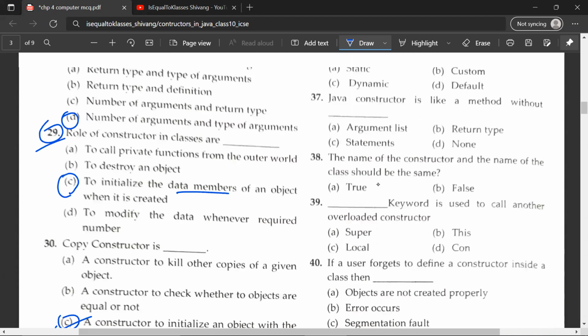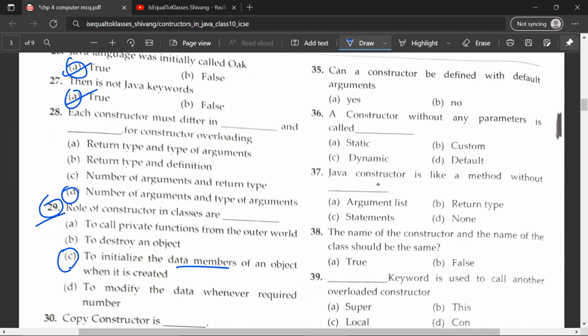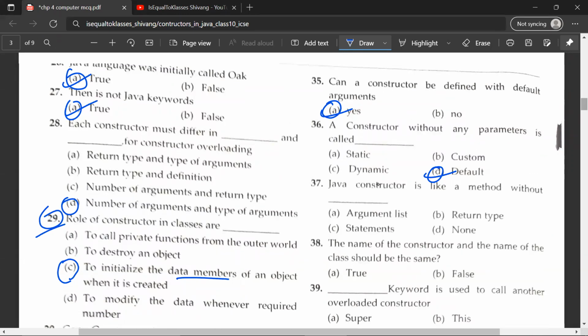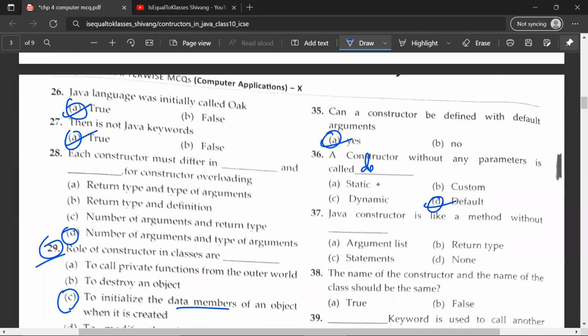Okay, so let's move on to the 35th question. Can a constructor be defined with default arguments? That would be true. Yes, it can be. A constructor without any parameters is called D, default constructor. If you haven't declared a parameter, the compiler would do it for you automatically, as I've said before. In this case, it would be called default